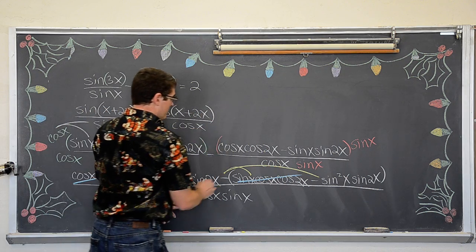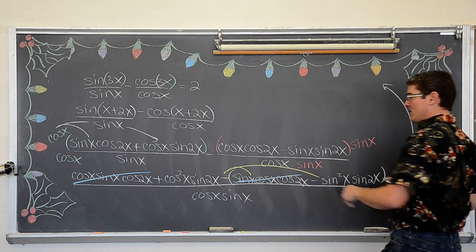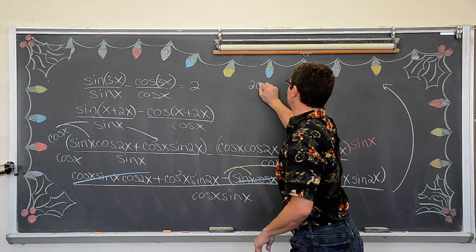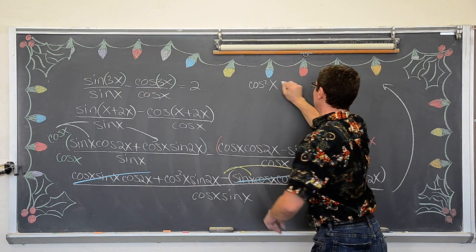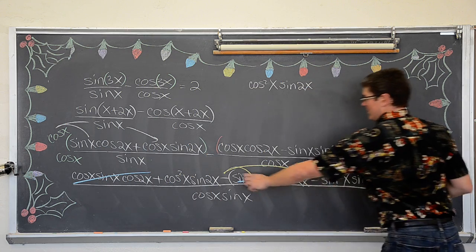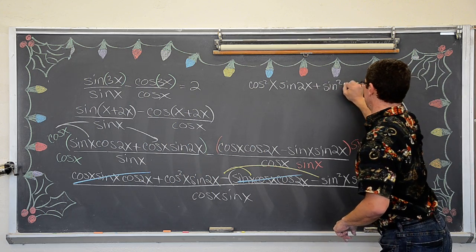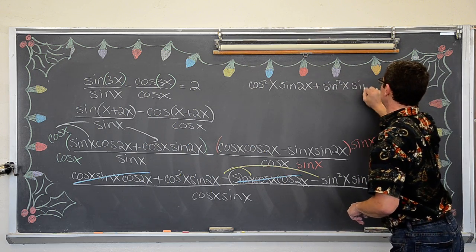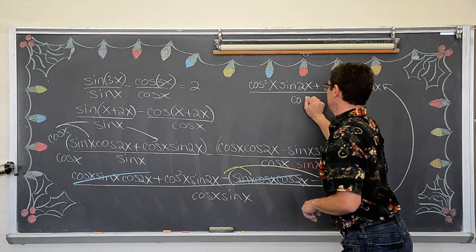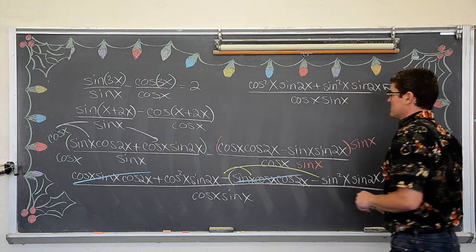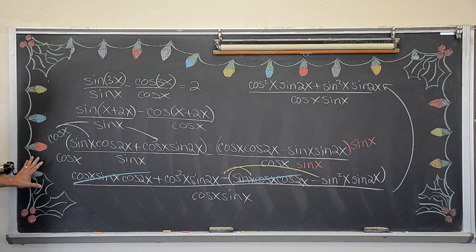So I'm going to have to go up here now. I hate jumping around like this. I hope you can follow it. Cosine squared x sine 2x. Negative times negative is positive. Sine squared x sine 2x, all over the denominator of cosine x sine x. Good thing I might still need to erase part of this, so you might want to copy what I'm doing here. Got it?